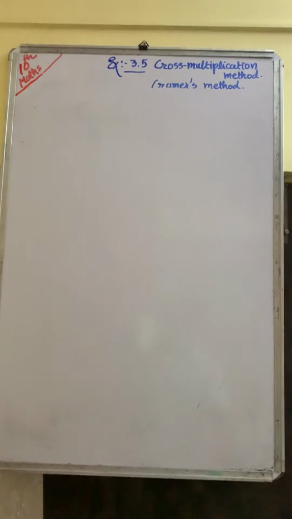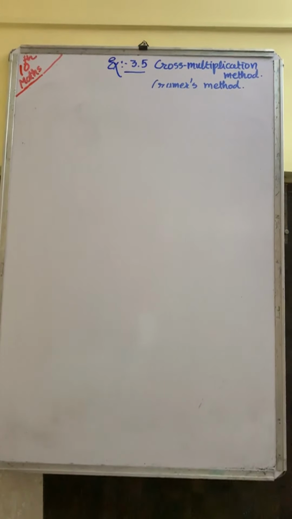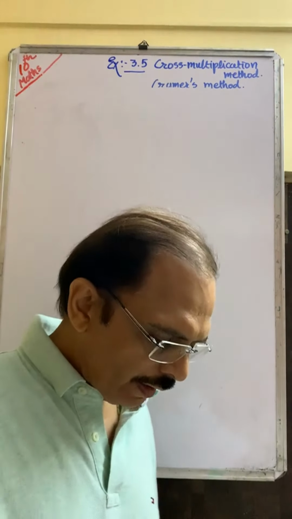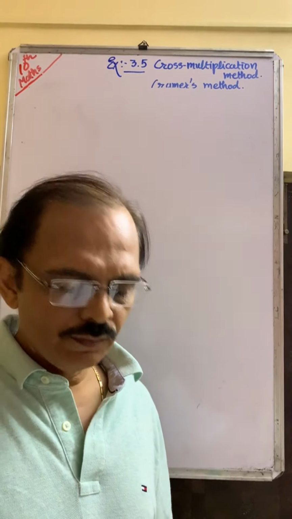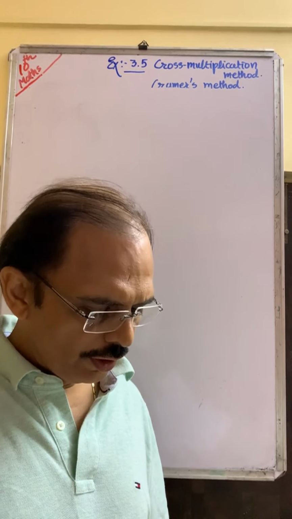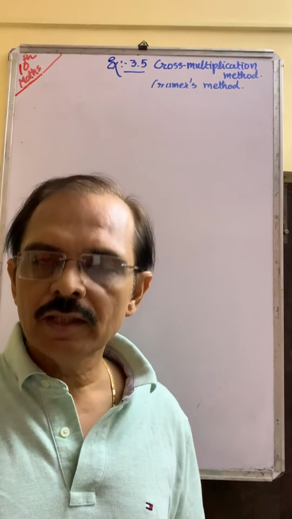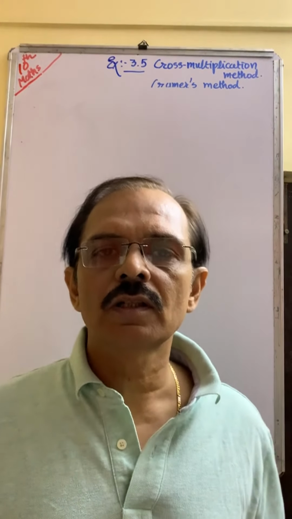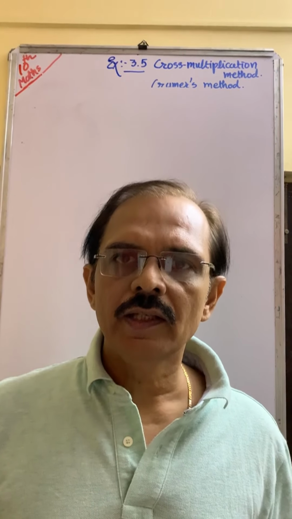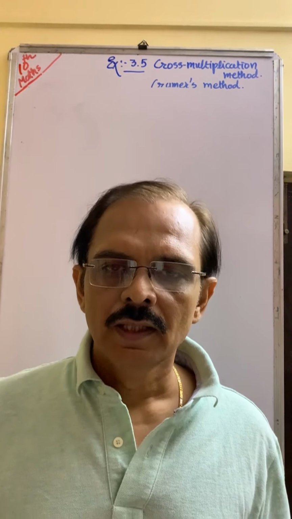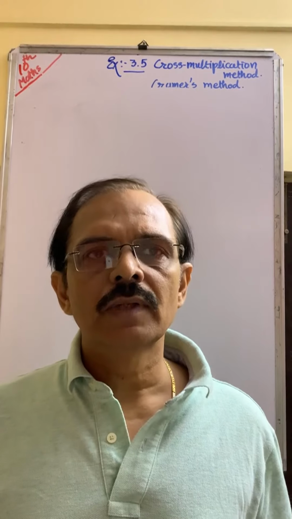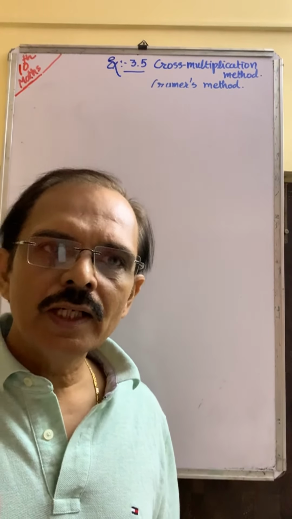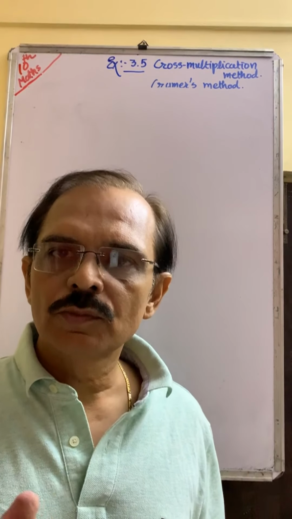Now let us start. Question number 4. See, the question number 4 is what? From the pair of linear equations in the following problems, find their solution by any algebraic method. Means you can apply substitution or elimination or Cramer. The easy way is the elimination method, and the most popular method is also the elimination method. So we apply elimination. You can apply substitution or cross multiplication.